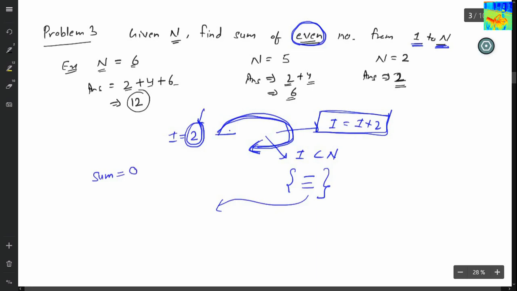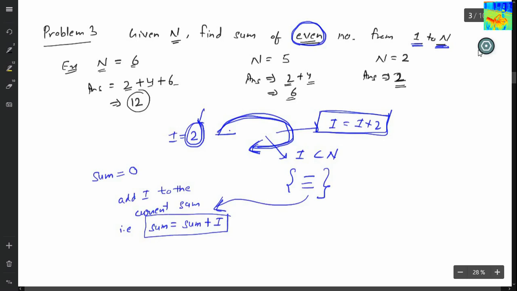And in the loop, I will add I to the current sum. That is, new value of sum is equal to old value of sum plus I. So this is the work that I will do in the loop.